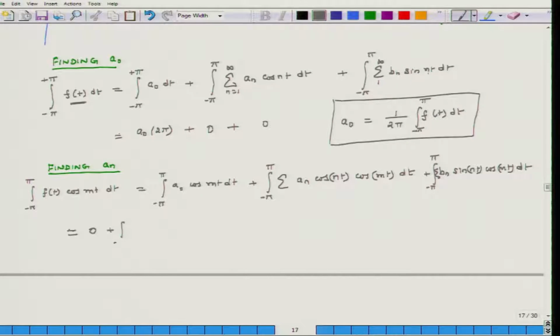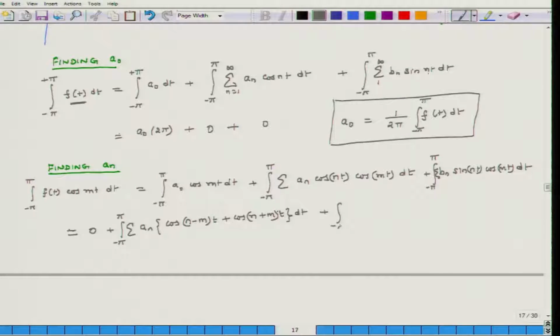So, this is summation of a n cosine n minus m t plus cosine n plus m t dt